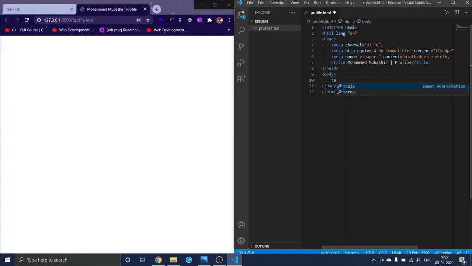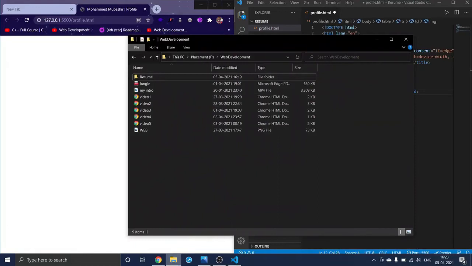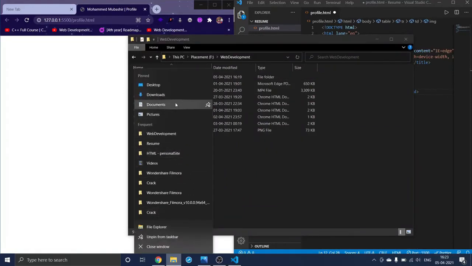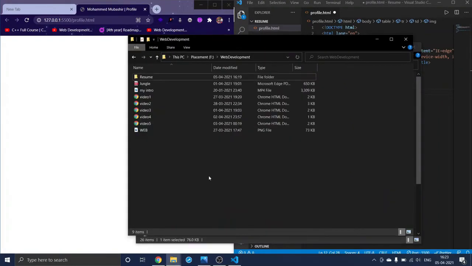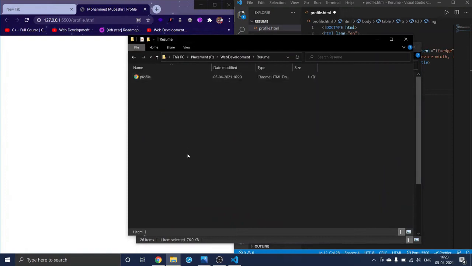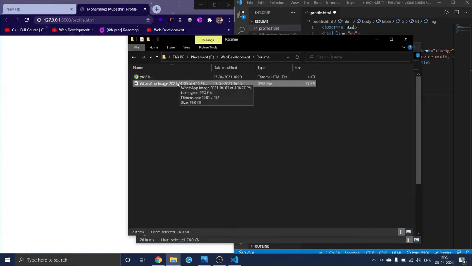So first I will give a table here, and in the table I will make a row which is tr, and in that I will make a td, and in that td I will give image, and the source will be, we need to give the image source, right? So what I will do is I have an image here. Let me open this with downloads, and I'll copy this and I'll paste in the resume folder here. I'll rename this to pic,